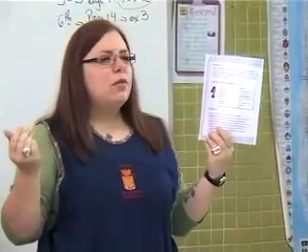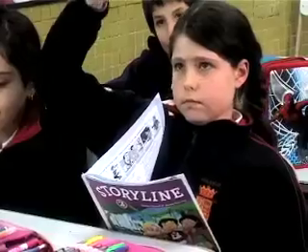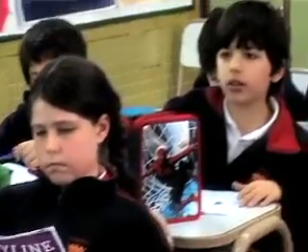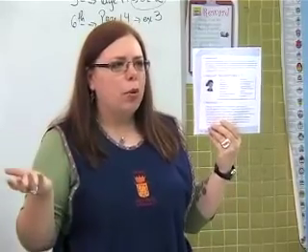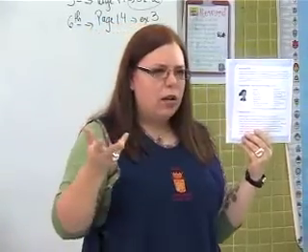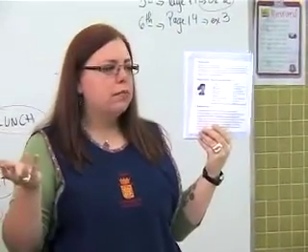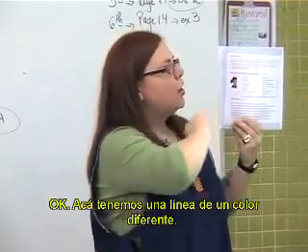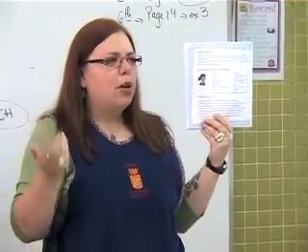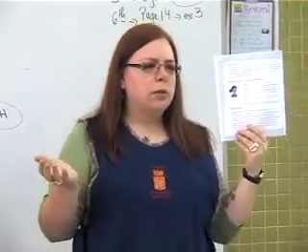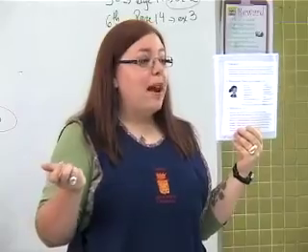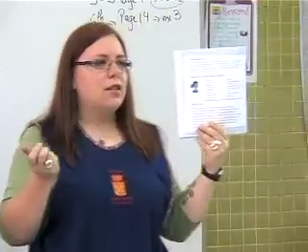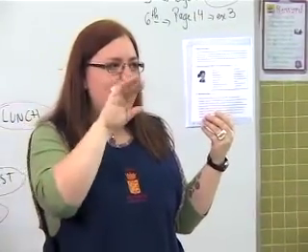And what do we have to do here? Read and circle. ¿Y cómo sé a dónde tengo que hacer el circle? ¿Cómo me doy cuenta? ¿Hay algo que me indica dónde tengo que prestar atención? Okay, we have a line here in a different color. ¿Por qué piensan que está en diferente color? ¿Para qué? Para que se entienda, exactly, para que ustedes se den cuenta que ahí pasa algo, que ahí es donde